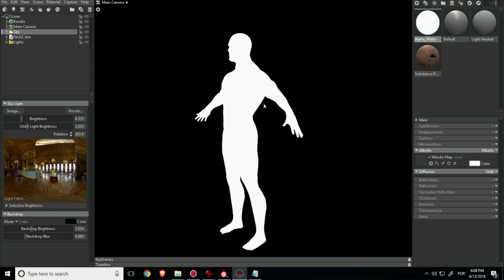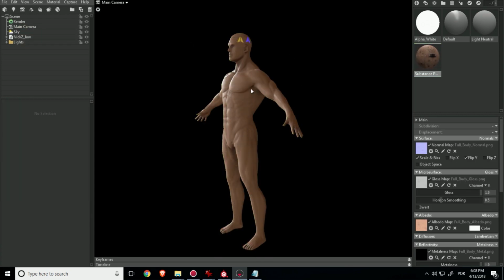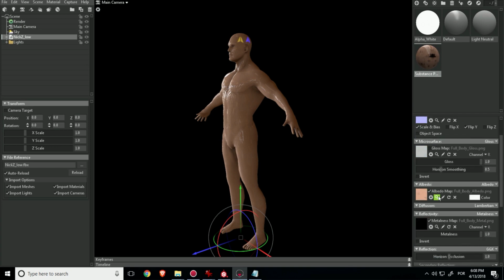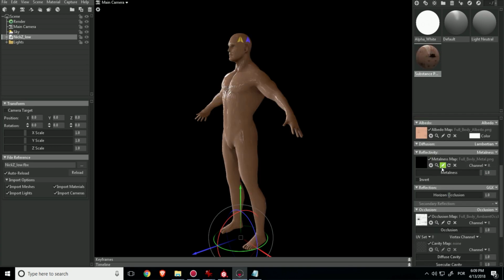Now that we have the mask, we can come here again to Substance Painter, and voila, the material is back. But in this case, you can just deactivate these guys here. Whoops. Maybe reflectivity should stay,